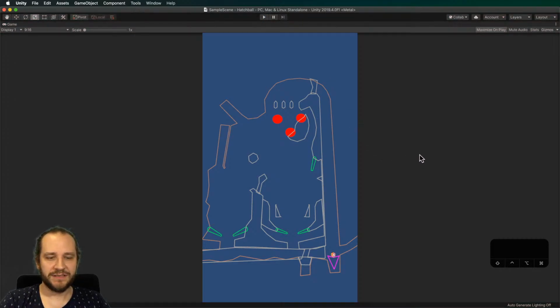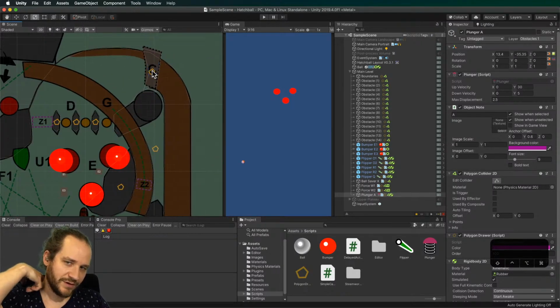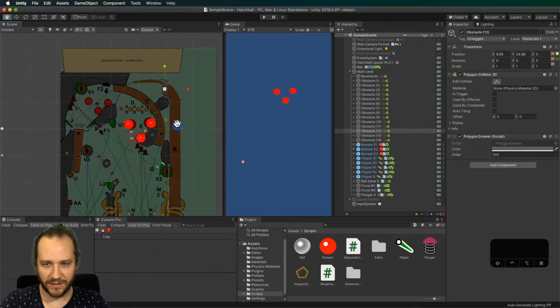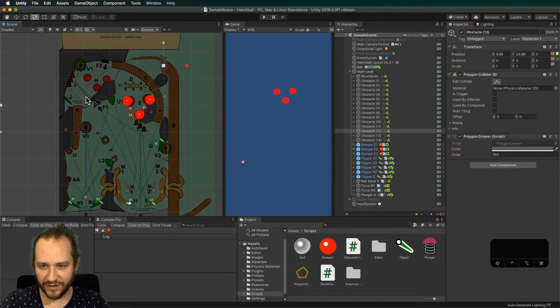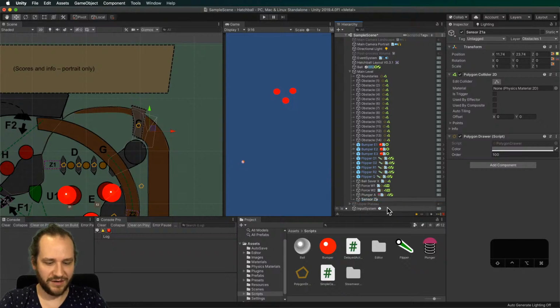All right. Next, I actually have to get rid of that thing. So what I'm gonna do is put two little triggers next to it. They actually will be Z 1, 2, 3, 4, 5, 6, 7, I guess. Z was sensors in our game design, so I'll actually put a sensor here. Oh, put a sensor here. Sensor Z1, and then it's going to be one on Z7. I mean, it's going to be one here and one on the other side. Yep. Like when it enters this area, the obstacle will go away. When it enters the other one, it should restart,